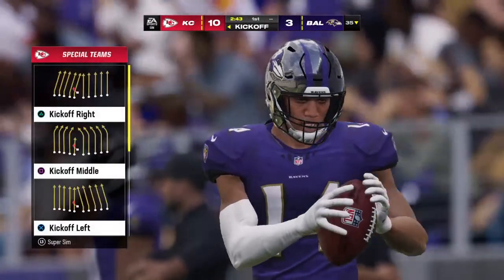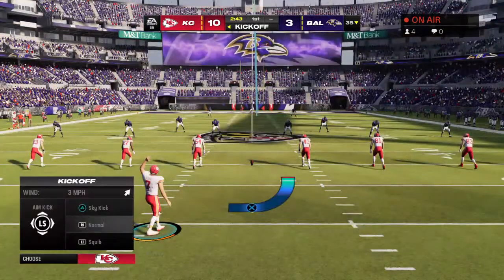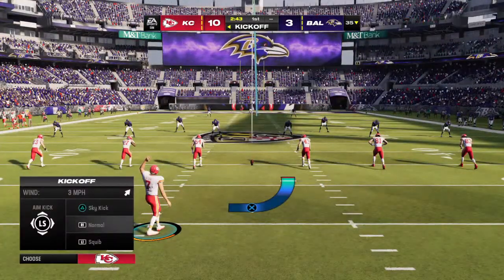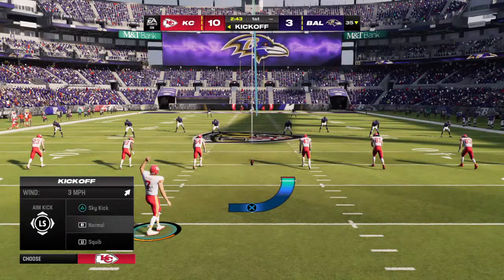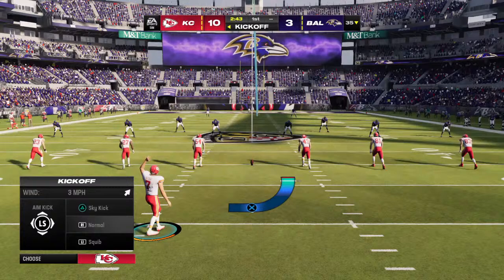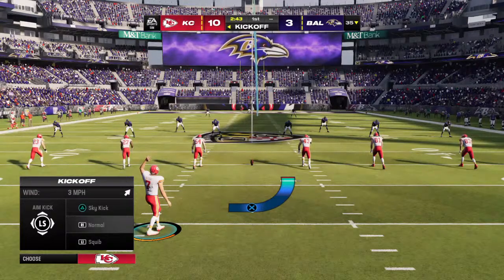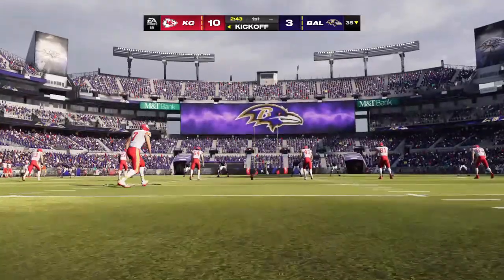So 3 points on the board, as easy a field goal as you're going to get, but I can see you shaking your head. I love that peripheral vision of yours, partner, because to me, if it's the 4th quarter and you're up 6, I get it. But now, even if you run and don't get in, you're still setting them up to go a long field, 98, 99-yard drive. How do you look at your defense and not give them that opportunity? After the field goal,